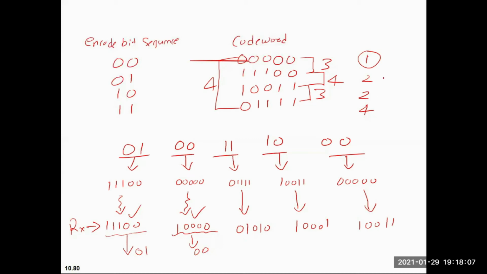If I calculate the Hamming distance of this one with the first one, I can see the Hamming distance is 2. If I check the Hamming distance of this one from the second one, the Hamming distance is 1 plus 1 plus 1, that is 3. If I check the Hamming distance of this one from the third one, this is 1 plus 1 plus 1, that is 3. And again, if I check from here, it is 1 plus 1, that is 2.